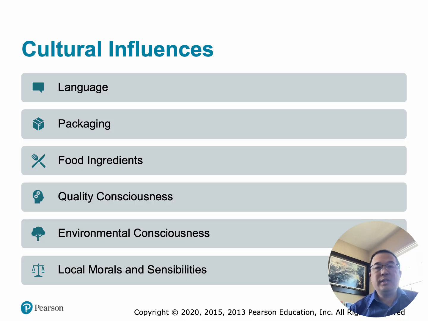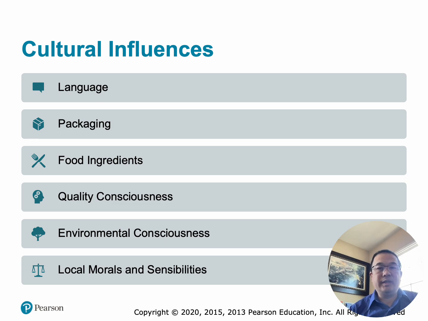Number 2, packaging. Consumers in different cultures have different preferences regarding colors, symbols, package sizes, and design styles. In Japan, smaller package sizes are often preferred. In the United States, larger value-sized packages are common. Colors can also carry different meanings. White symbolizes purity in many Western countries, while white is associated with mourning in some Asian cultures.